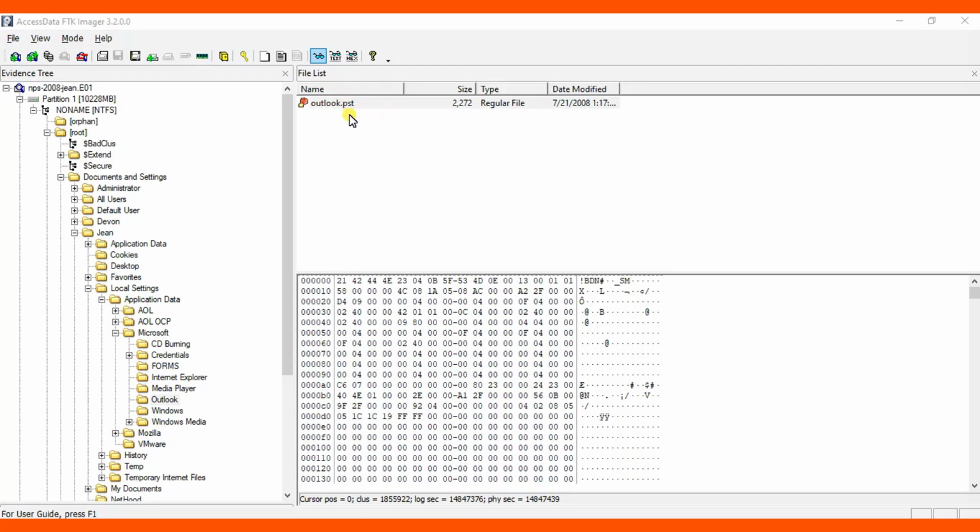After exporting outlook.pst, let's go to the desktop where we exported it and open it with Outlook viewer. As I told you in previous minutes of this tutorial, make sure you have downloaded FTK Imager and Outlook viewer, right?